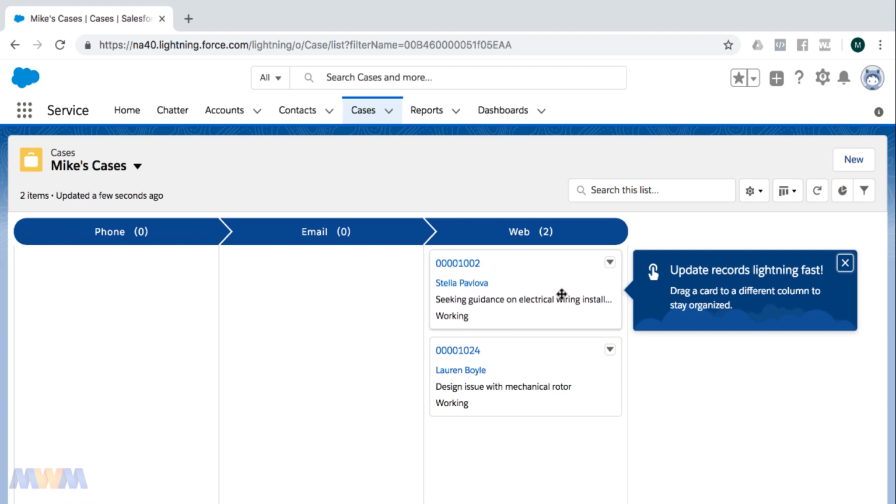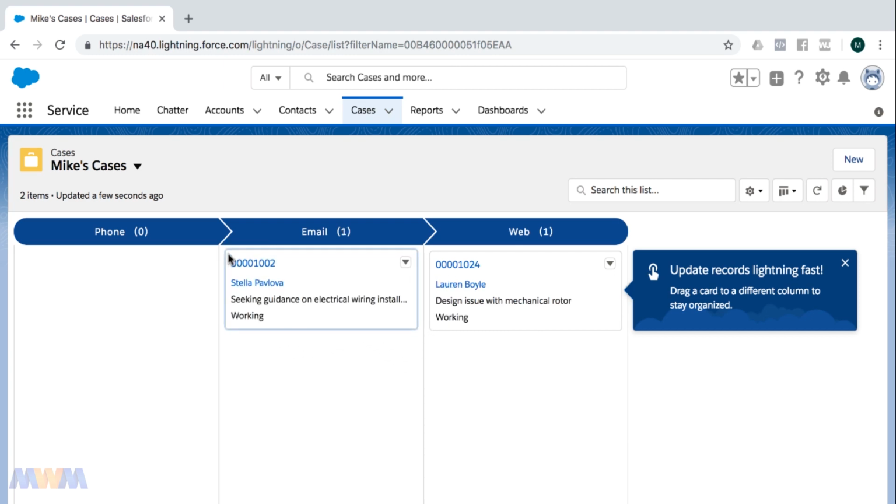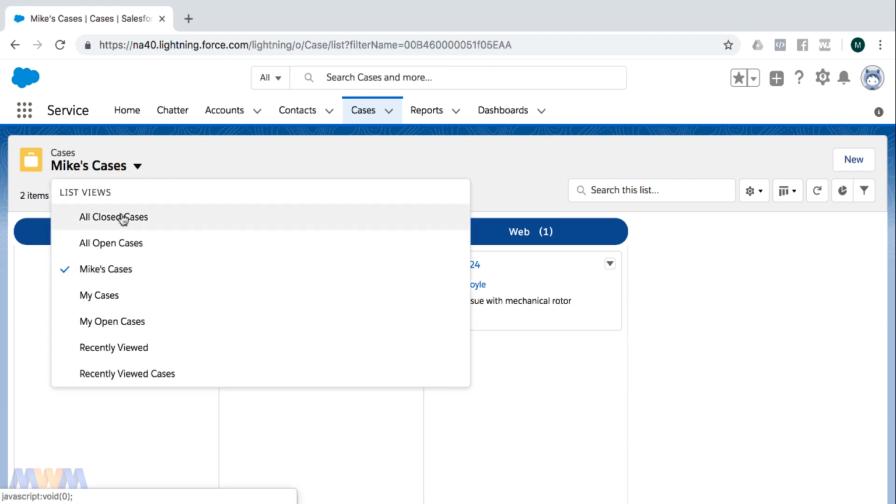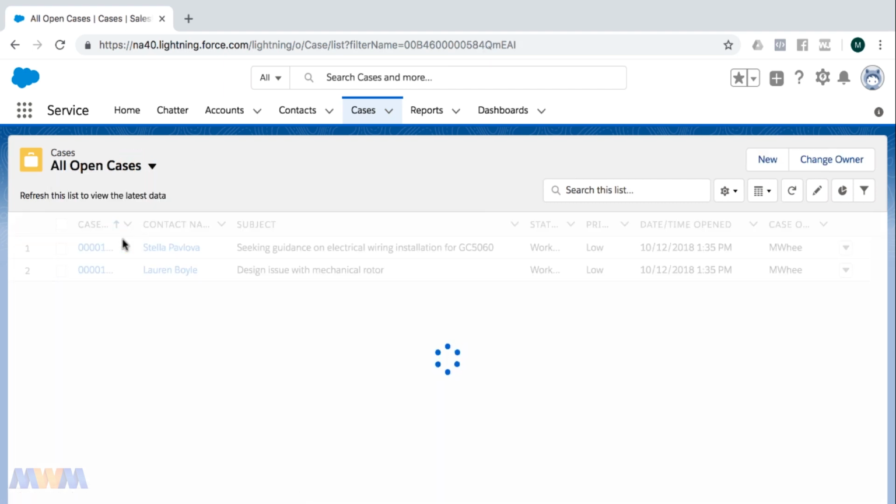And you can update these records by dragging them. And for this designation, we could change this record here by clicking and dragging to change it to an email case origin instead. Now, if we had a better list view such as all open cases, and we view that,